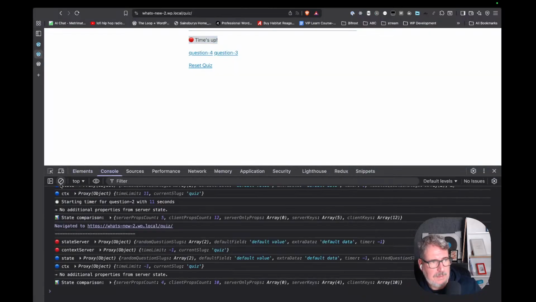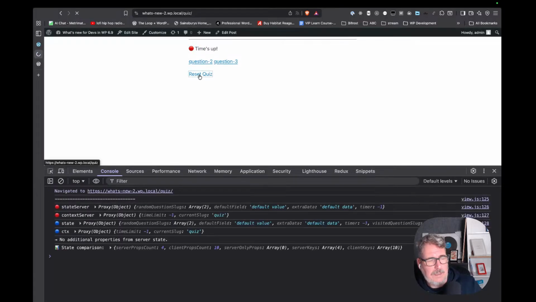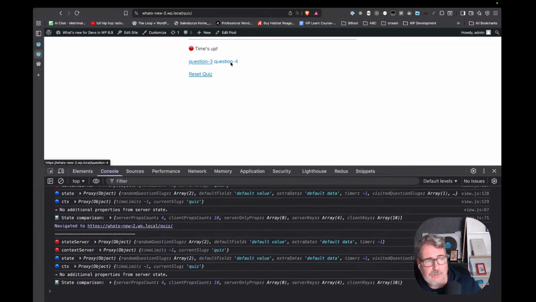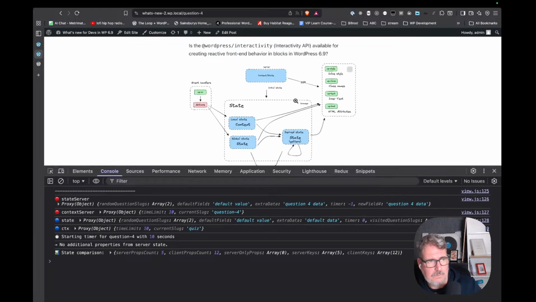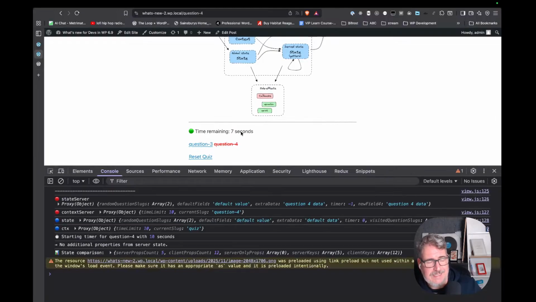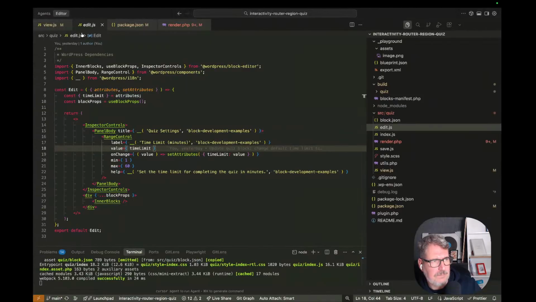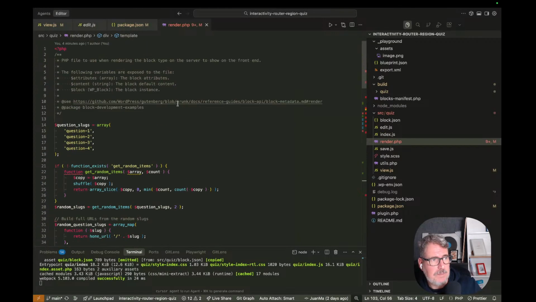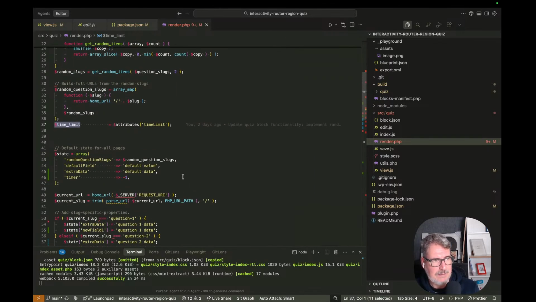And I can set quiz. And if I go to question 4, the timer starts in 10 because in the render PHP, we are getting this value from the attributes of the block. We are setting the time limit. The time limit variable